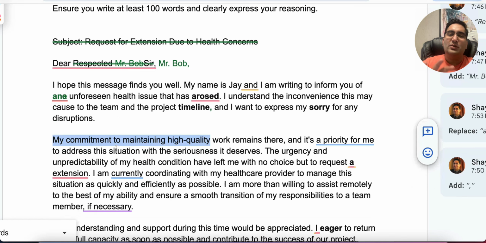So I would not use exactly the same thing, but at least something to tell the AI that I'm answering that question. So I would say I'm committed to delivering top-notch work. Okay, still same words, committed instead of commitment, and I instead of my, and top-notch instead of high quality. Work remains the same. So make sure you do some paraphrasing, but not too much, because it's an AI, it definitely does not think like a human being. So make sure you guide it in the right direction, showing it that I'm still talking about the point you have in the question.